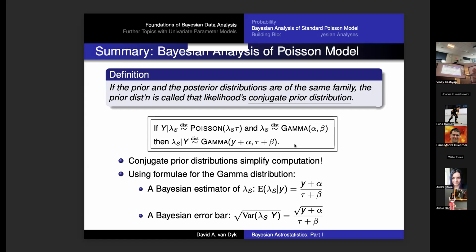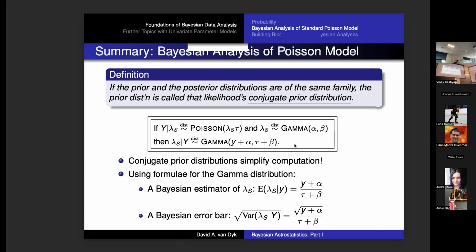What's also kind of nice is I can look at this a little bit and start to think about what the alpha and the beta actually mean. All things being equal, if I wasn't being a Bayesian, and I saw 3 counts after watching for 1 second, I would say my best guess is 3 counts per second, 3 over 1, ignoring the alpha and the beta. But what the alpha and the beta are doing is saying, you can think about that gamma prior distribution as giving you as much information as an additional observation of time length beta, where you saw alpha observations.